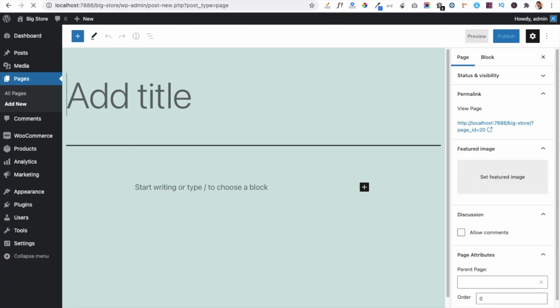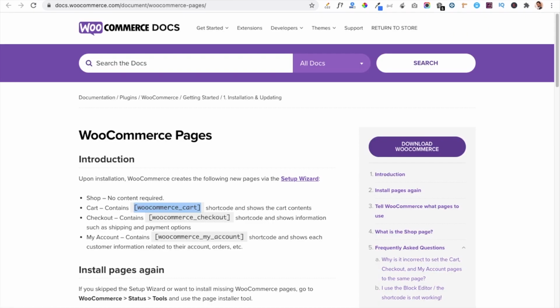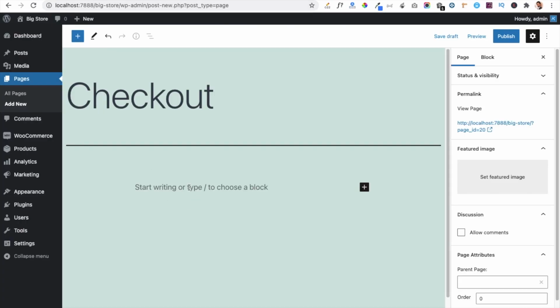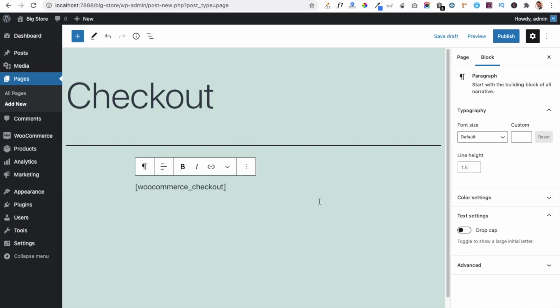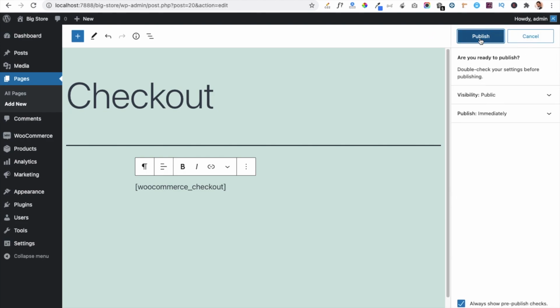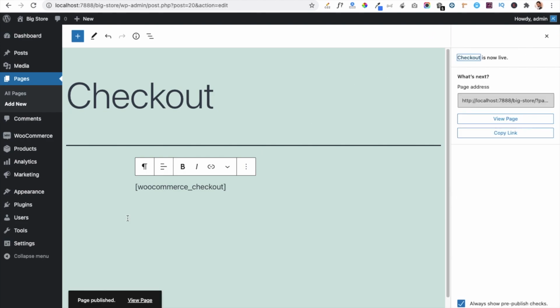Go to the WooCommerce documentation page, copy the shortcode of the checkout page, put it in the description part, and just click on the publish button. Now our cart page and checkout page are created.